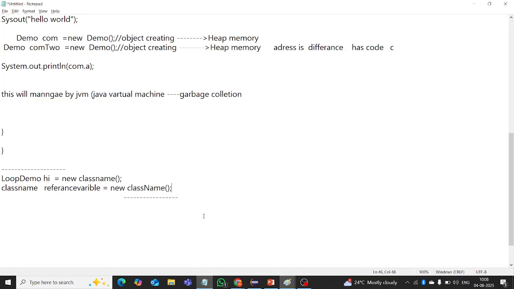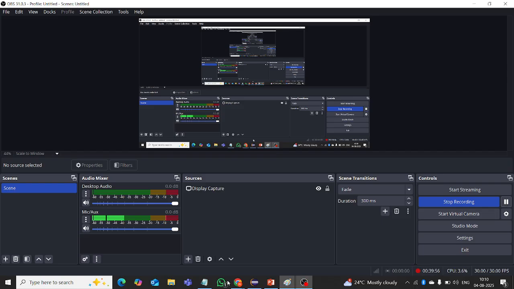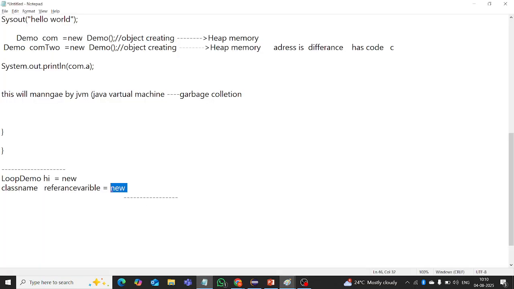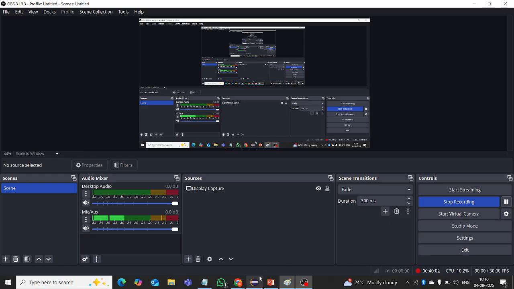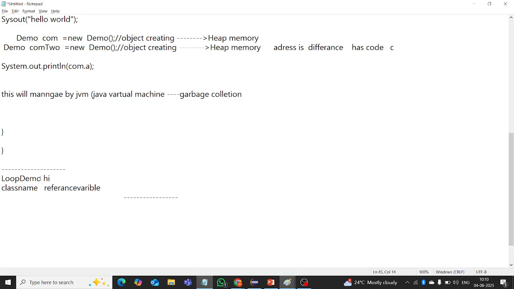I am teaching an important point. This is my object creation for the class. Object create class. I will remove the first class name. I will remove the new keyword. This is called class name and reference variable. Class name and reference variable. In the future you can see